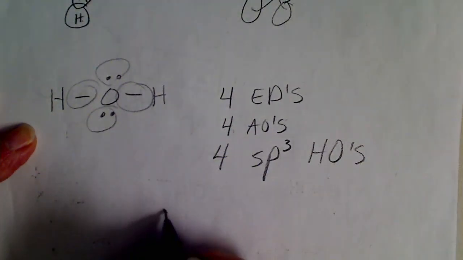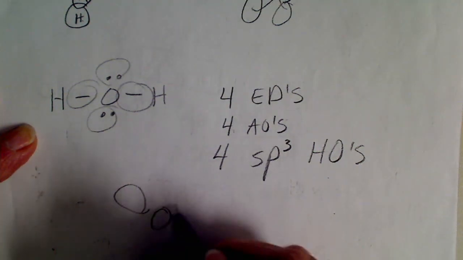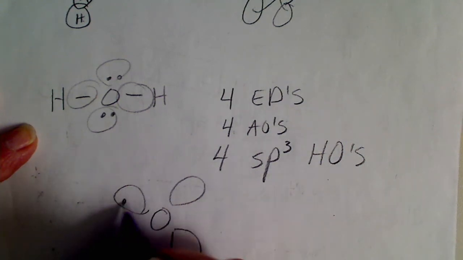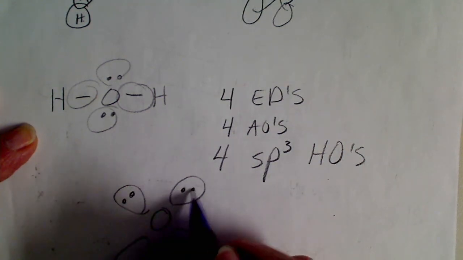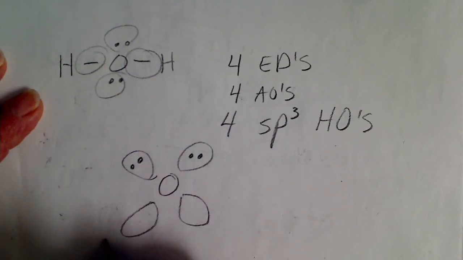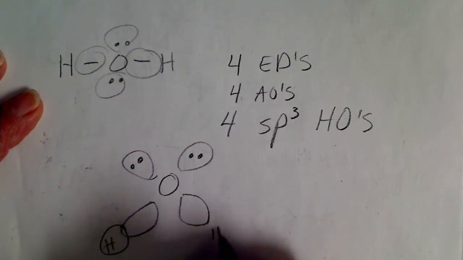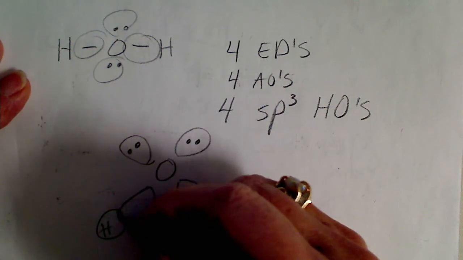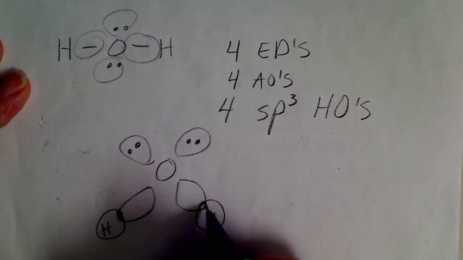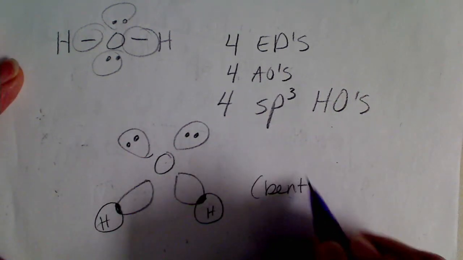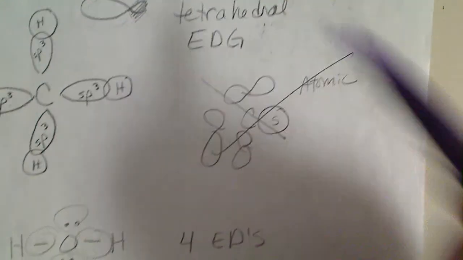And if we're going to draw that, this just looks like a flower. I'm not trying to draw it in 3 dimensions. The lone pair would go in an orbital. So that's our oxygen. And then our hydrogen. Hydrogen just has a 1s orbital around it, so we can just draw hydrogen with a circle around it. So here's the bond between oxygen and the hydrogen. So the molecule itself would be bent, but again, the electron domain geometry has to be tetrahedral if there are